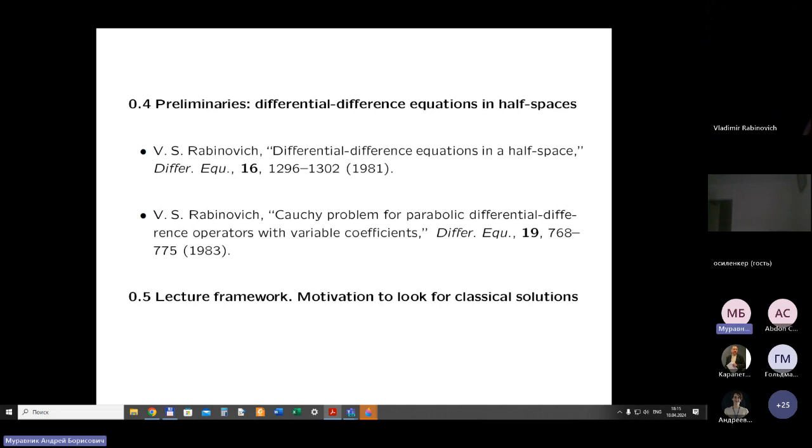And you see that once you have to define a function on a manifold of dimension 1, a line is a manifold of dimension 1, then the belonging of the solution to a Sobolev class might be not sufficient for this. But once we have a classical solution, then there is no problem to define its trace on each manifold of each dimension. So that is the reason to be interested in classical solutions.